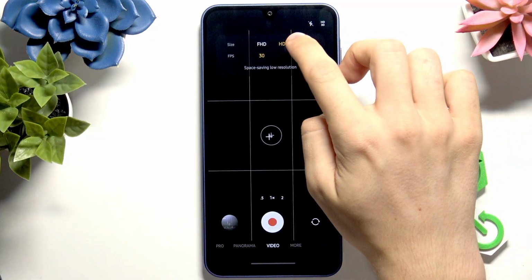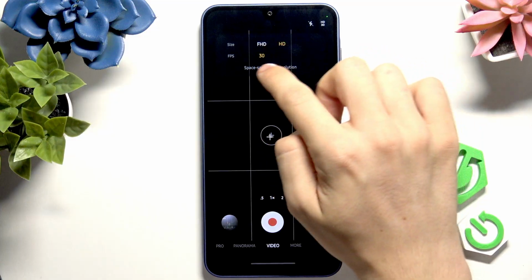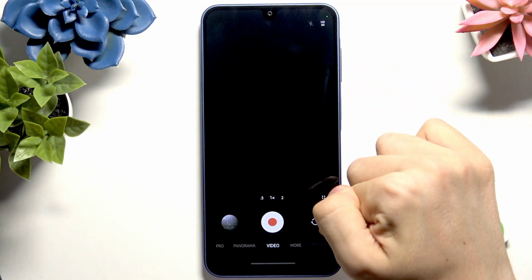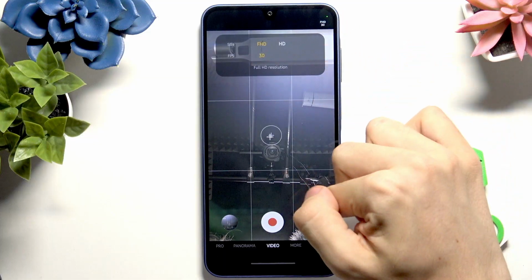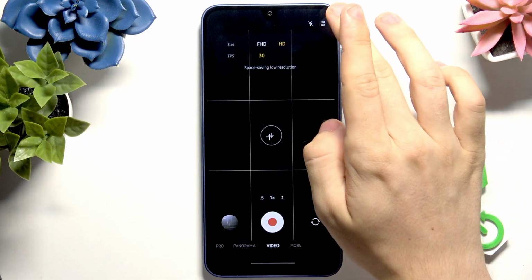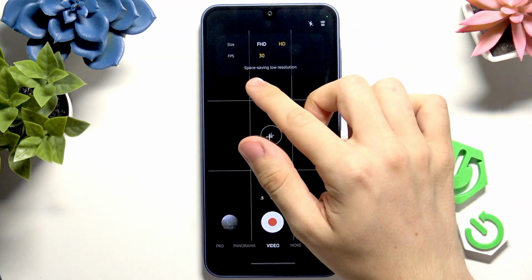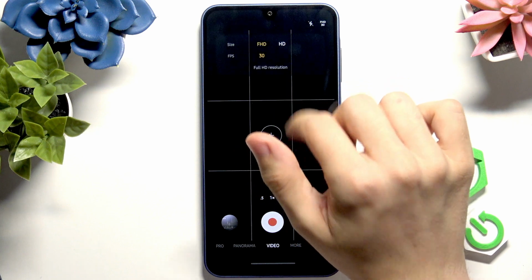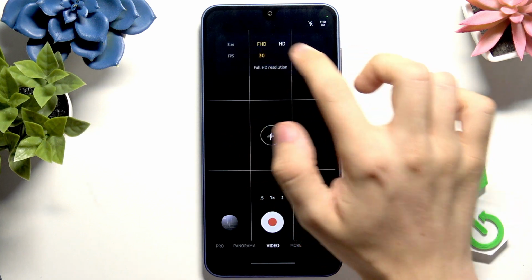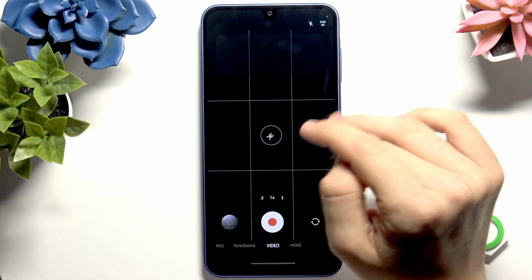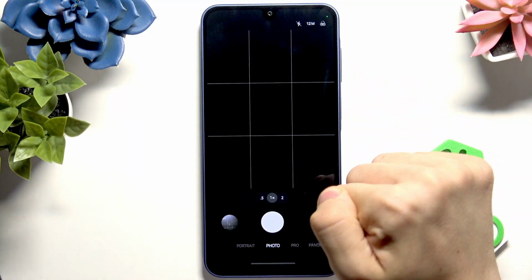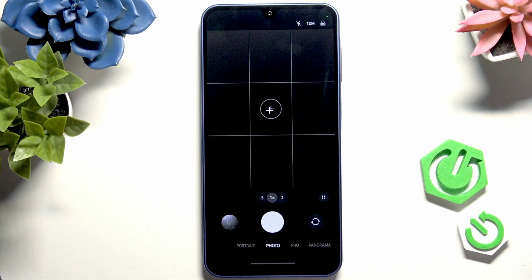In HD mode, you can see you can't really change the FPS on the back camera. Let's see if we can change it on the no, it's the back camera. So no, there's always 30 FPS, but you can set the size to higher resolution or more storage efficient. Speaking of